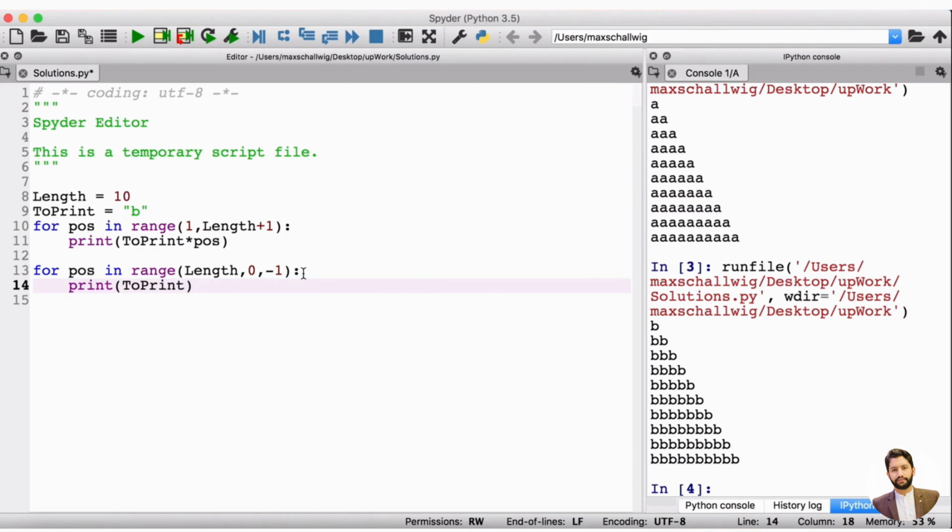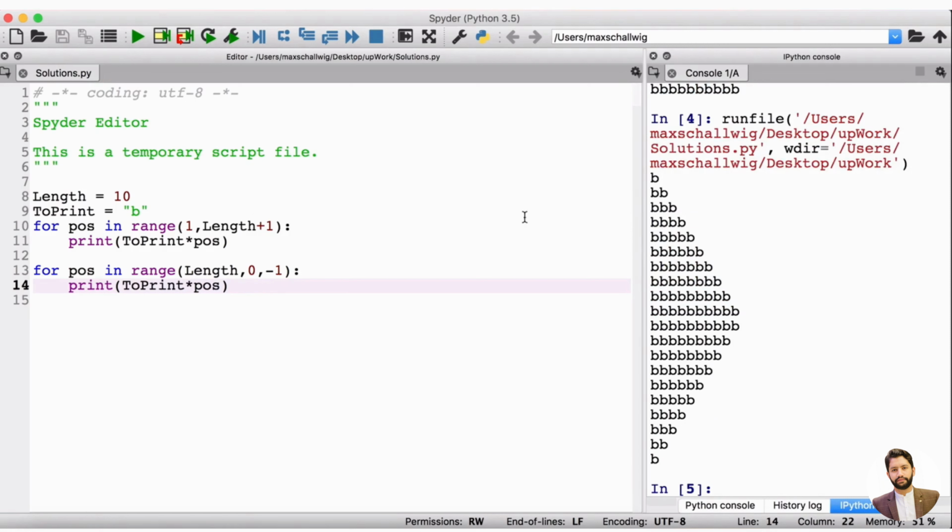And now what we want to do is print it pause number of times again. So this time pause is going to take on the values starting at 10 going down to 1, rather than starting at 1 and going up to 10. So let's see this in action. Let's run our code,